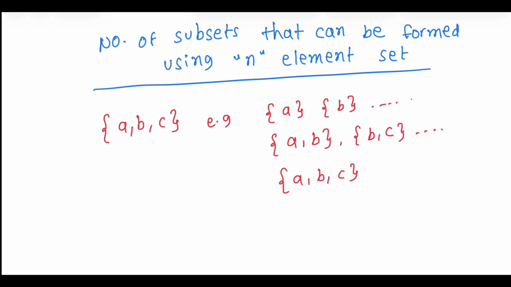So you can form a 1-element subset which has element A, B, and so on, right? You can form 2-element subsets, which is A, B, B, C, and so on, right? And you can have a 3-element subset which is A, B, C, right? So given an n-element set, what is the total number of subsets that can be formed,